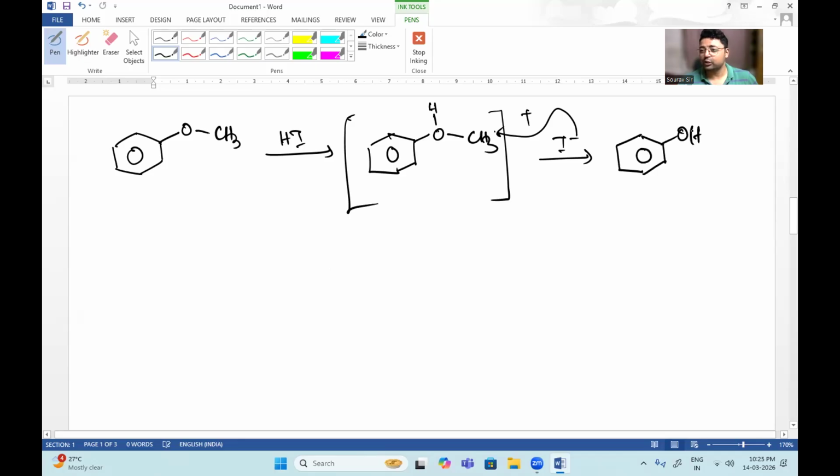So this is also used in the preparation of phenols from any methyl ethers. Any methyl phenyl ethers, if you use, you will get the phenol from there. So the preparation of phenol can also be understood from this part. So this is it. In the next part, we will learn about the other chemical reactions of alkyl. So till then,